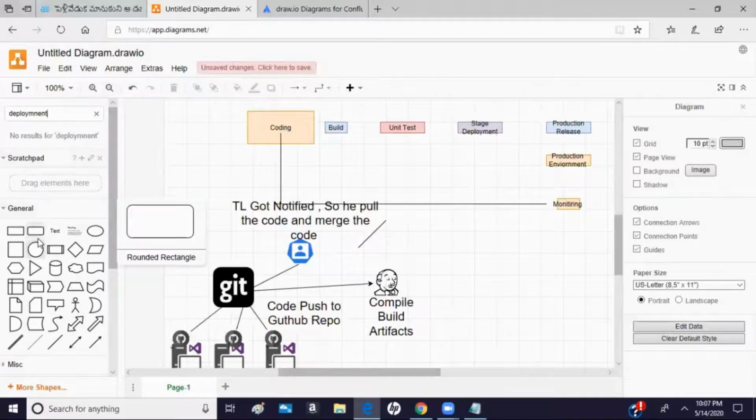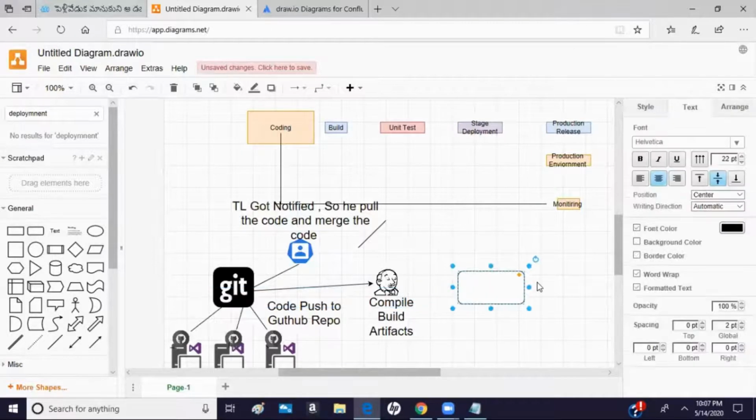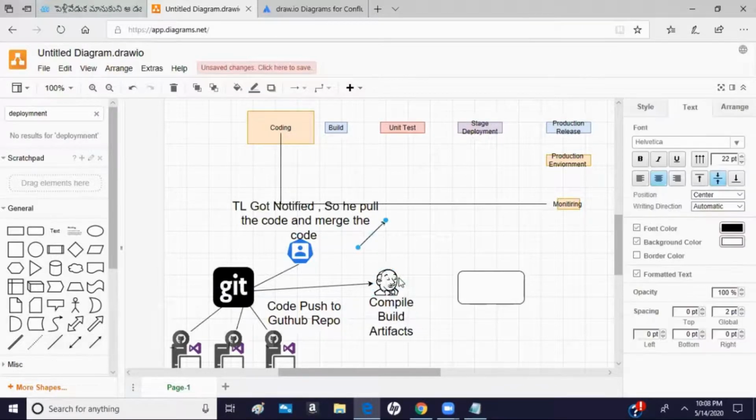Okay, hold on. Let me say that this is my Ansible. Okay. So Ansible is now pulling this code from Jenkins, and then it will deploy.